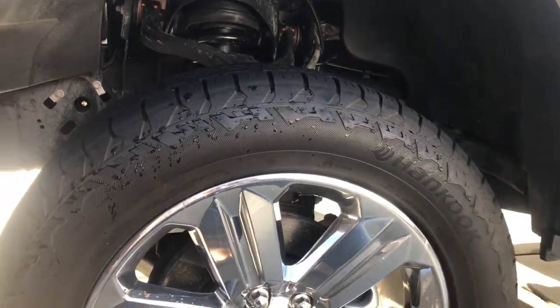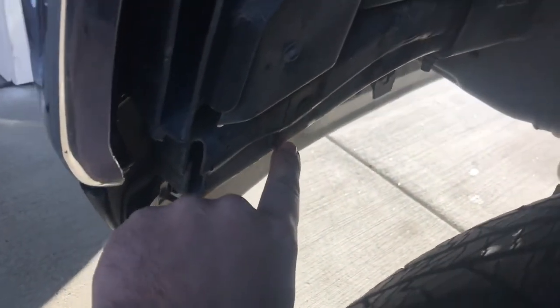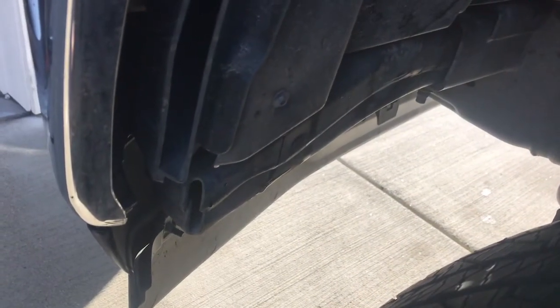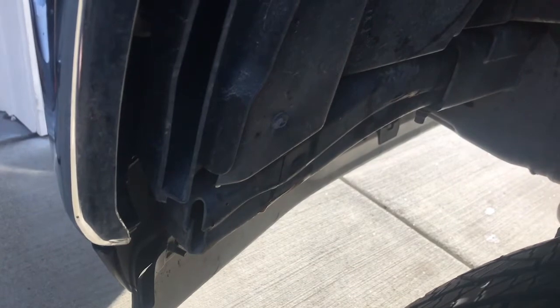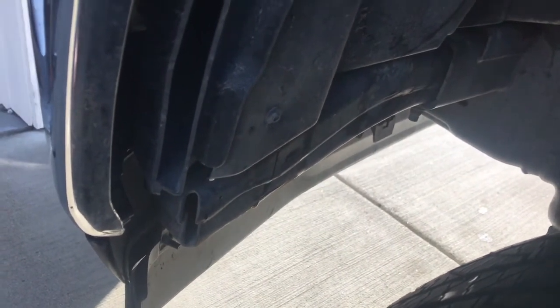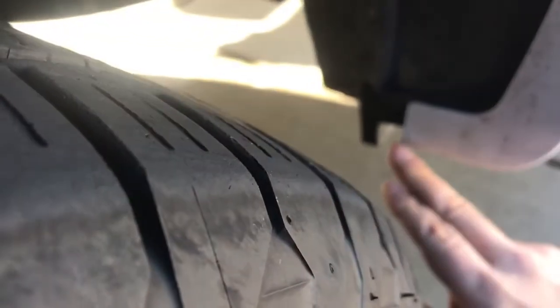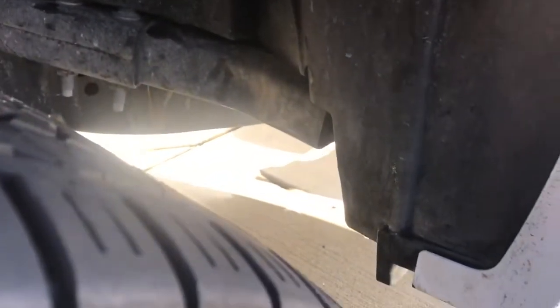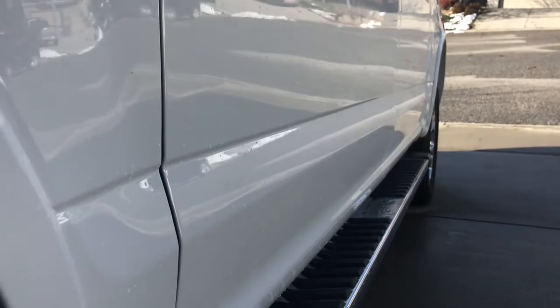mine did rub right there when you turn on the front, and I mean just touch. Like, you have to hit a bump going into a parking lot, and then it'll barely touch right there and right there. So to me it's not a big deal. But if you wanted no rubbing and you wanted that little bit aggressive look, like mine are